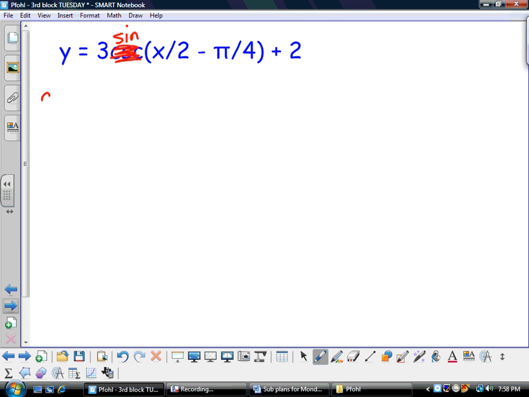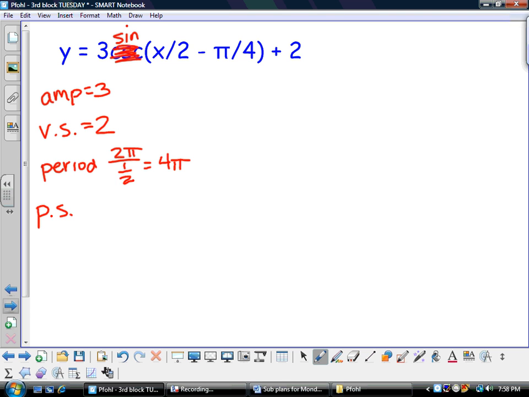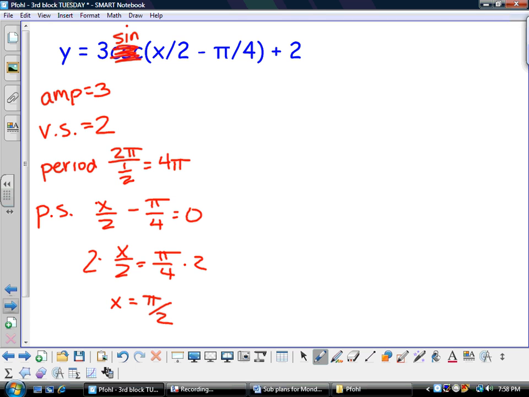This sine graph has an amplitude of 3, a vertical shift of 2, a period of 2 pi over 1/2, or 4 pi, and a phase shift of pi over 2. So to sketch this graph, we're going to start by marking out the midline,